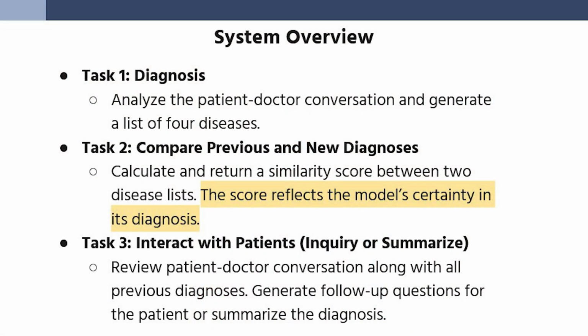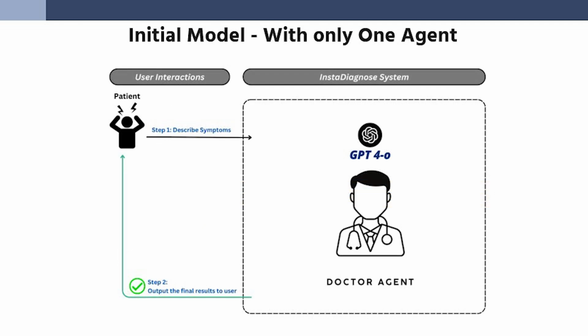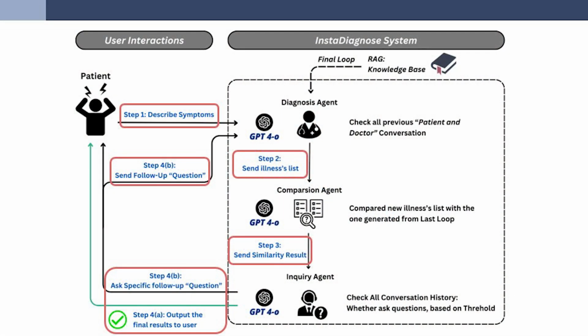We define 3 main tasks for our model. First, diagnosing potential diseases. Second, comparing previous and new diagnoses. And third, gathering additional information from the patient when the model is uncertain in its results. We started with a single agent for all 3 tasks, but we found it struggling with generating follow-up questions. To adjust this, we defined a refined model with 3 specialized agents: a diagnosis agent, a comparison agent, and an